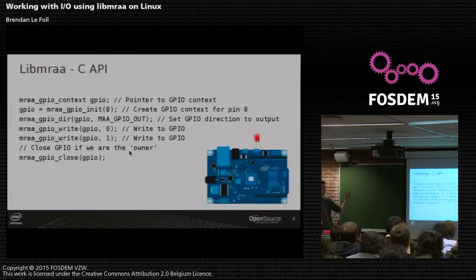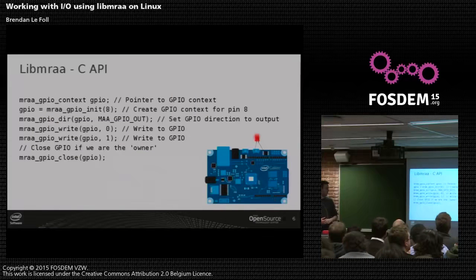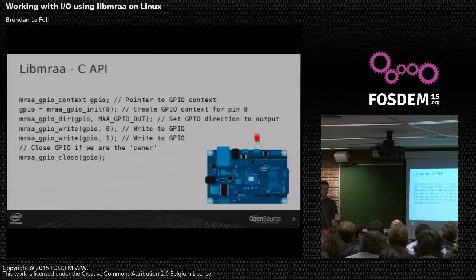Our C API looks kind of like this. So instead of objects, we have context. So you initialize a context, and then in this case, you set a direction. Then you can write whatever you want to it. And then if you are the owner, like I said before, you will close the context, which can be a bit weird. You can just say you don't want to be the owner, and then it will just leave it open for whatever you want. We do that with an extra call in C, and then in C++ and Swig, you have like an optional